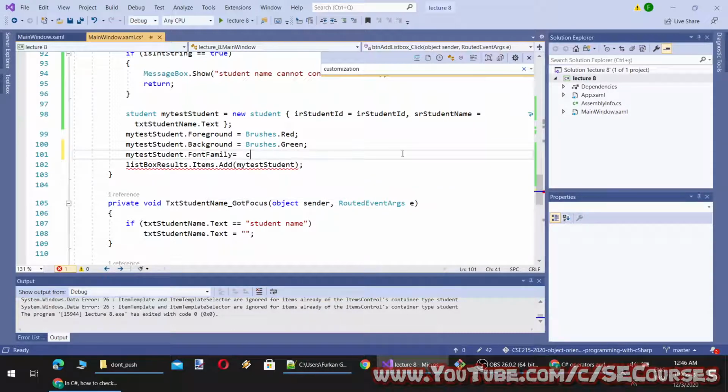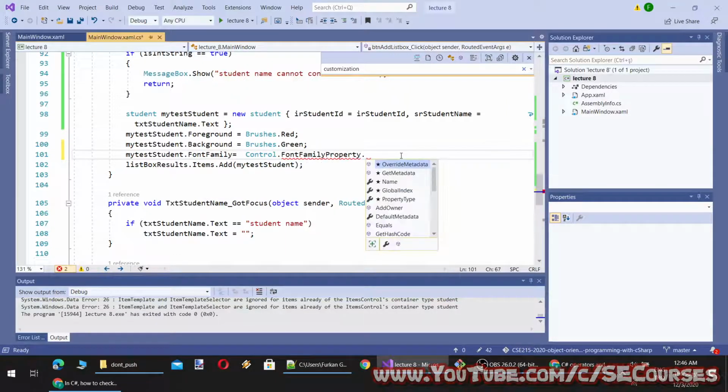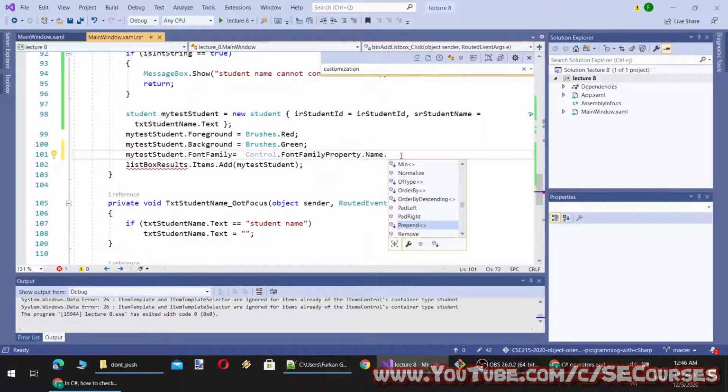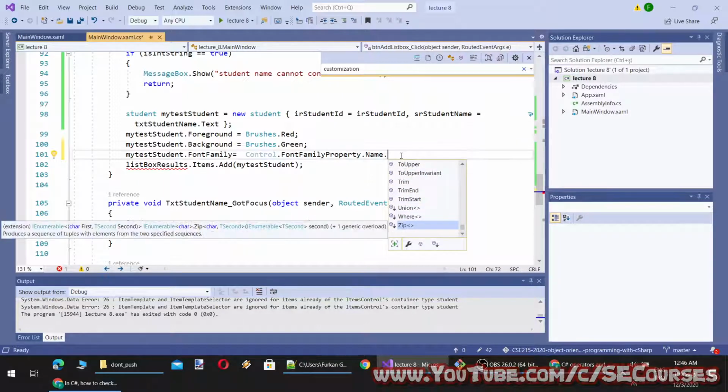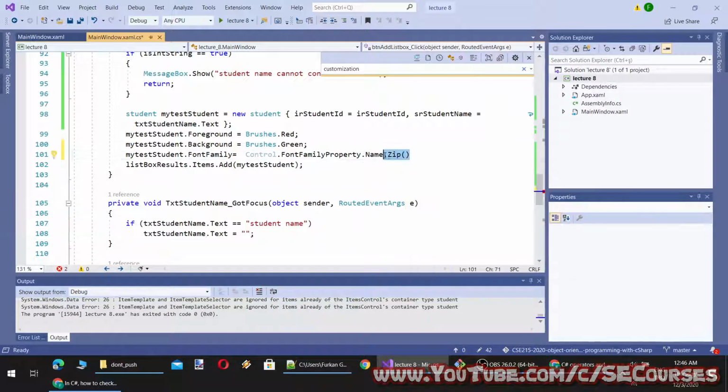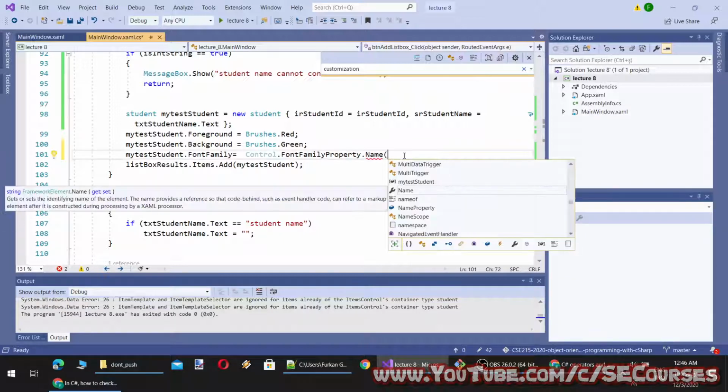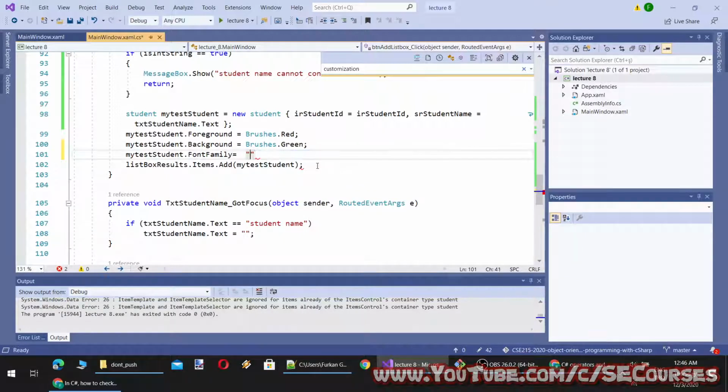So this is from control. Okay, I think I will just write the name. I think this is the correct name. Okay, it says Windows Media Font Family.